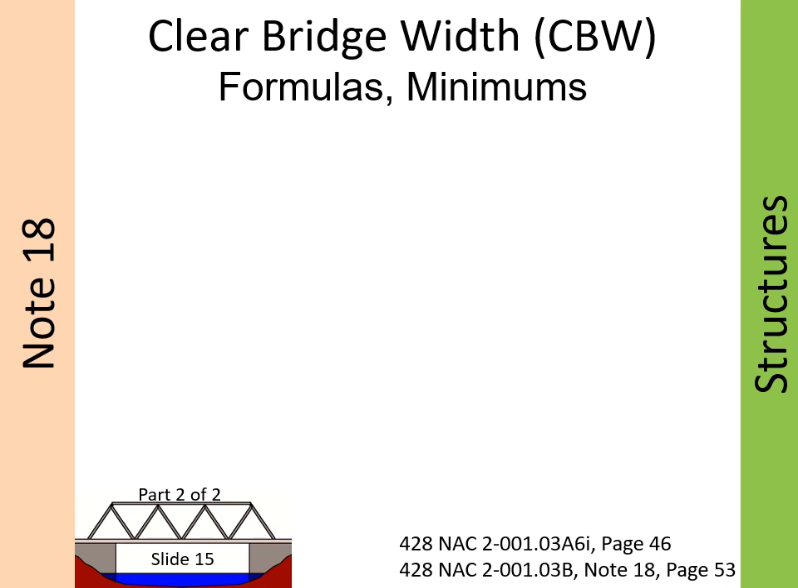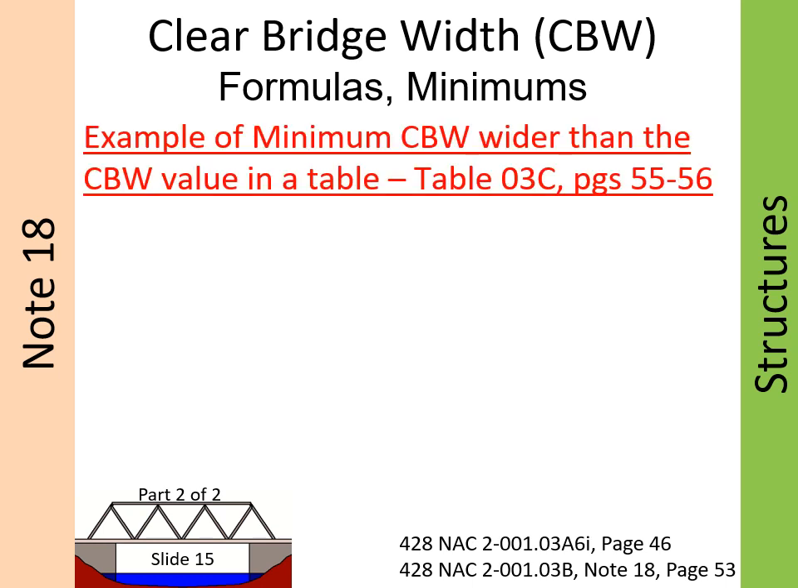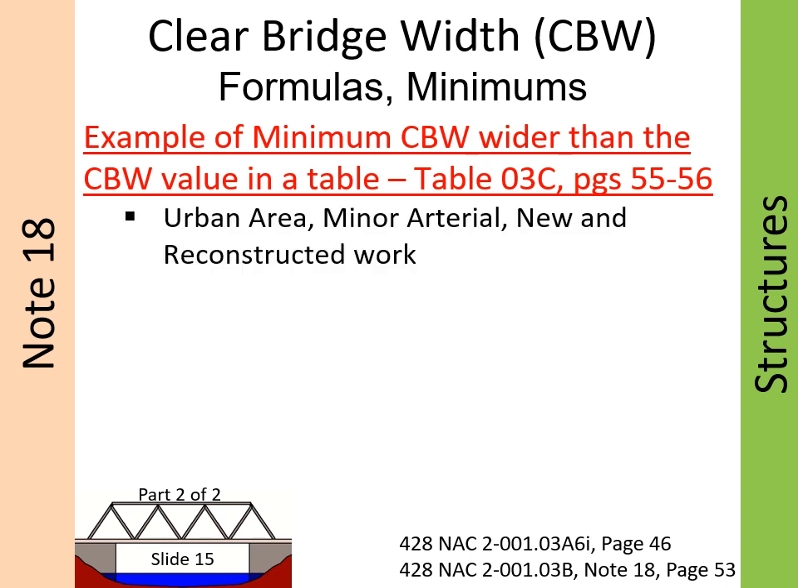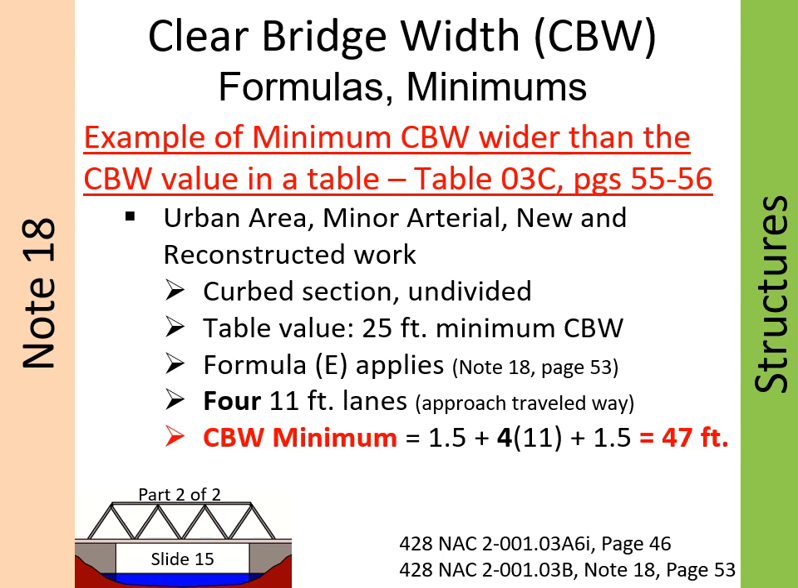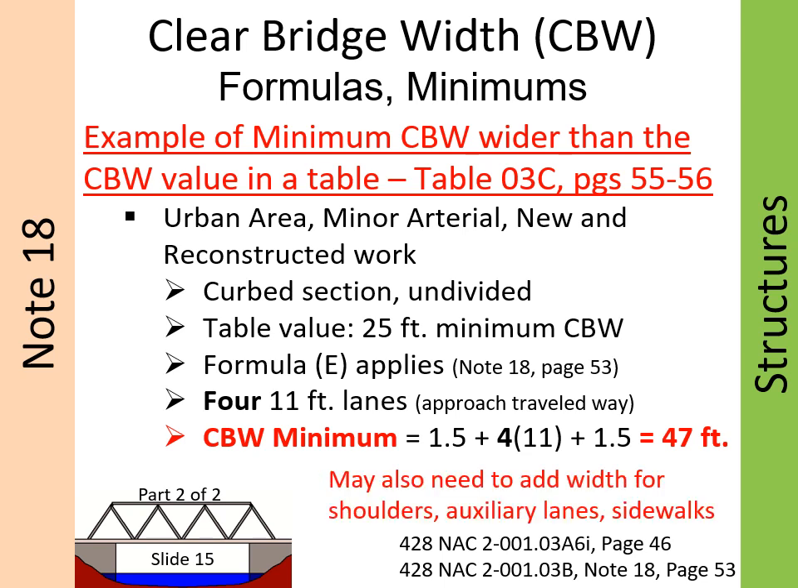This is another example of how a minimum clear bridge width can be greater than the value in the table. In this case, it is caused by 2 additional lanes for a total of 4 lanes. The values in the tables are based on a 2-lane roadway. If there is a relaxation of standards for clear bridge width in this case, it must therefore be based on the larger value of 47 feet. Note that additional clear bridge width may be necessary if a median, shoulders, auxiliary lanes, or sidewalks are being carried